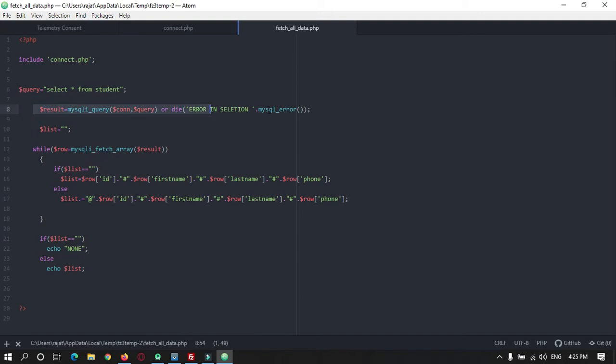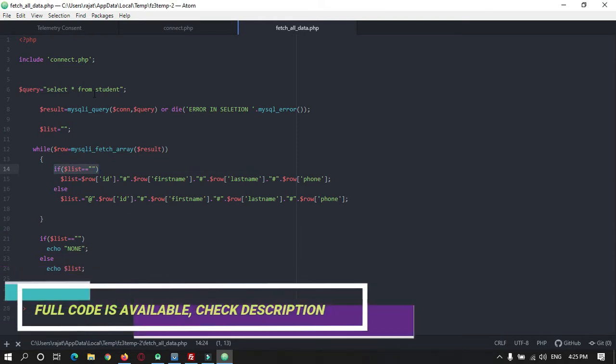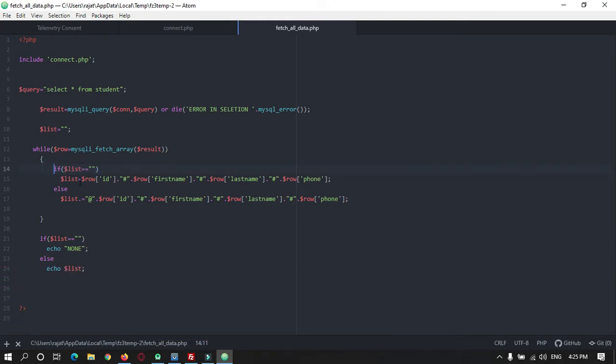If any connection error is found, then we can track it by using this. This is a variable where we will store all the data in the form of a list. I have used a while statement to fetch all the data from the database, and we are storing it into a list.